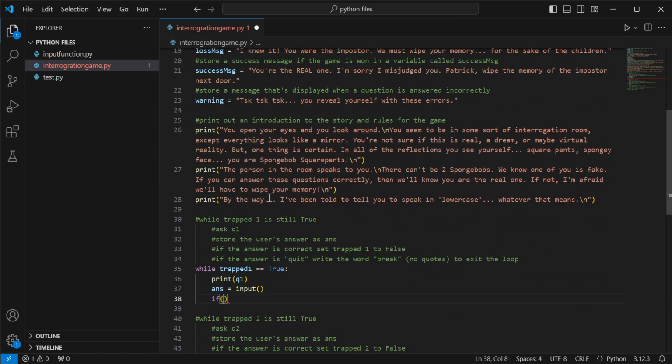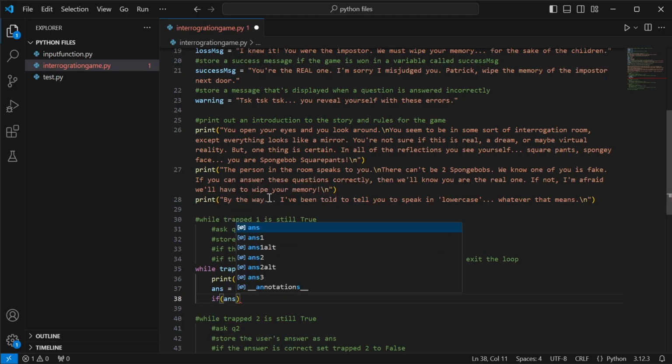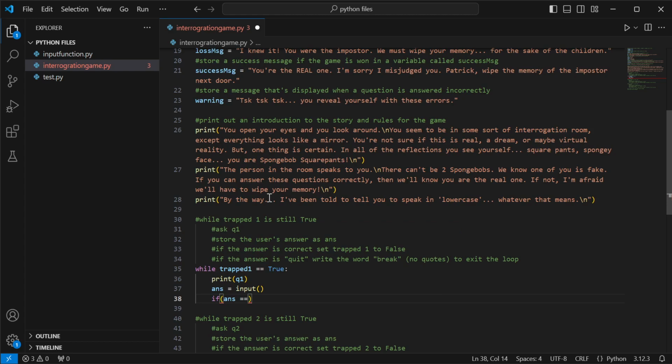We've seen both in Scratch and with the Arduino how we can do an AND or an OR to have two conditions. In Python, we just write OR. So if the answer, which is what they put in, is equal, and we're checking equality, so we have the double equals, just like when we said while trapped is true,